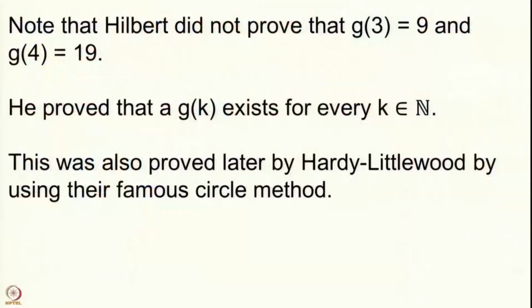And this is a very important theorem, and therefore there was another proof of this theorem given by the famous mathematicians Hardy and Littlewood, and they proved this result using what is called the circle method. This is a method which was developed by Ramanujan essentially while dealing with the partition function and asymptotics of this function, but it was developed later by Hardy and Littlewood, and so it is called the Hardy-Littlewood circle method. Using this method as an application they gave a proof of Hilbert's theorem on Waring's conjecture. So, they proved the conjecture made by Waring once again, that such a g_k exists.